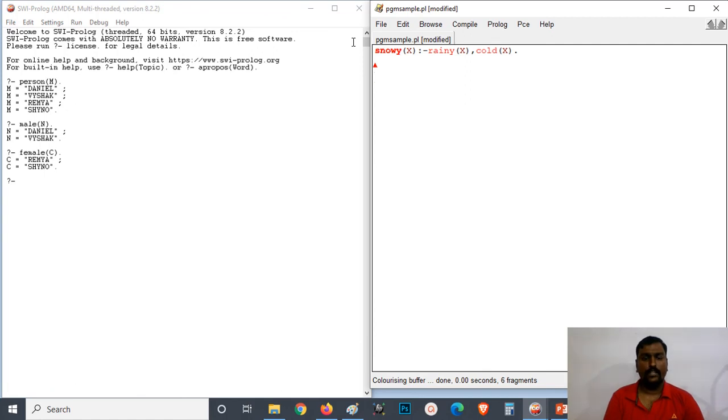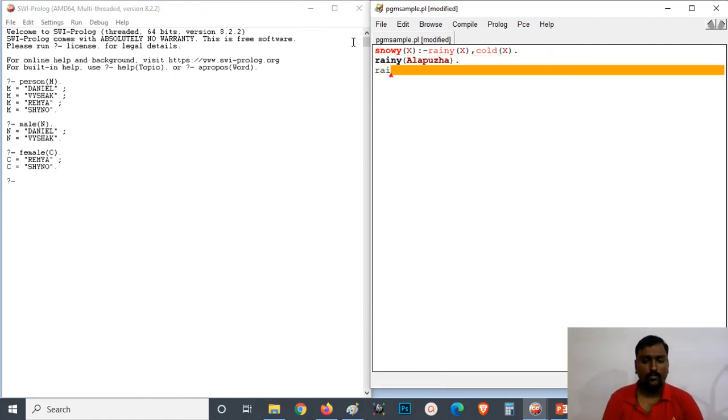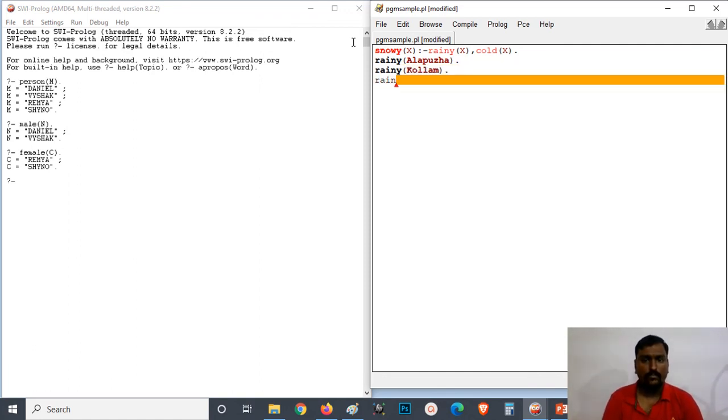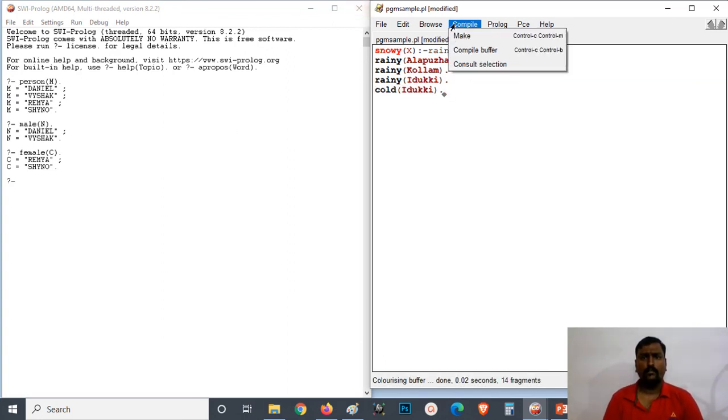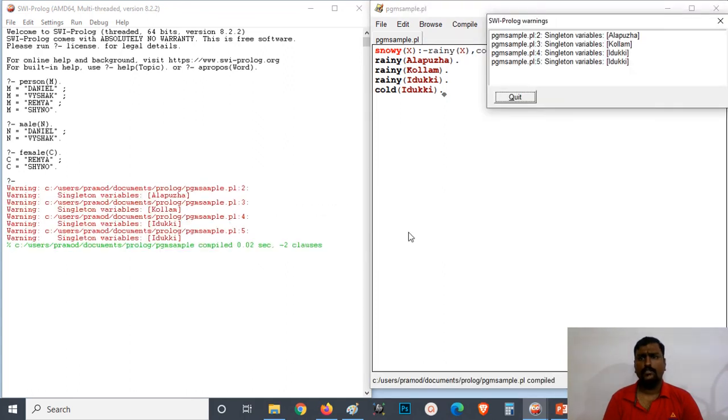Next I am defining rainy of Alappuzha, rainy of Kollam, rainy of Idukki, cold of Idukki. I am going to compile this knowledge base. This is showing an error as it is singleton variables.